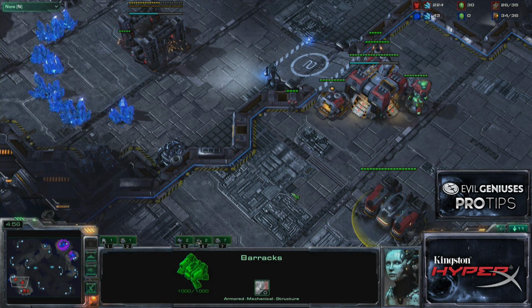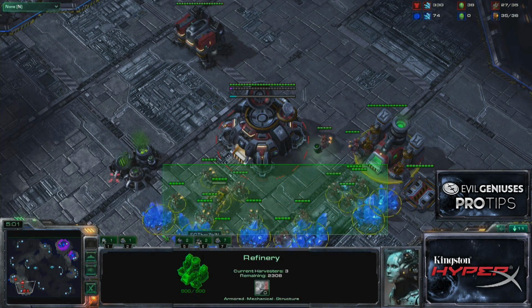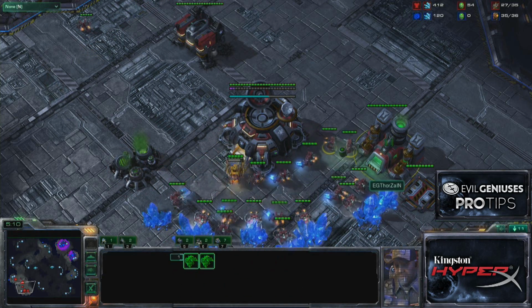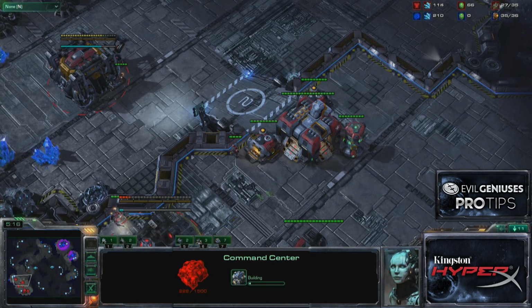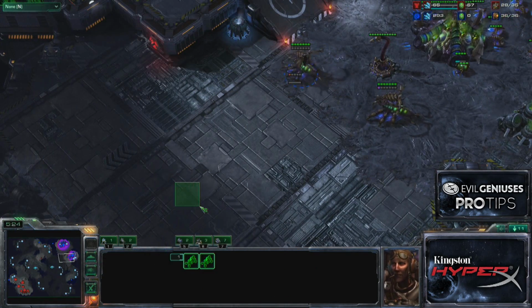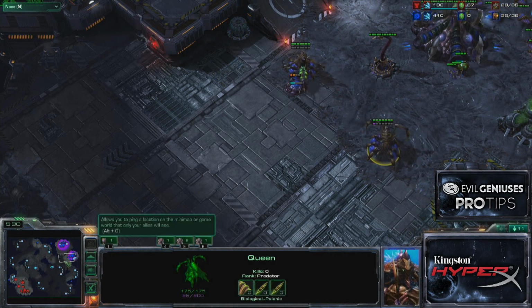So I get my first 2 Hellions out, keep making SCVs, having 16 here for maximum, not maximum, but optimal income, and putting my new ones in gas. My 3rd orbital as soon as I can, even before my 4th and 3rd Hellion. First 2 Hellions are going to his base, see what's up, if there's a spine, if he has speed, try to kill a creep tumor,